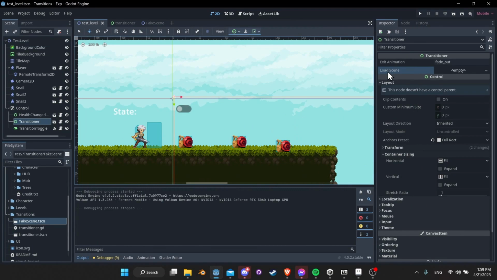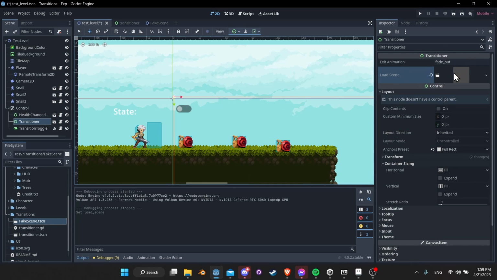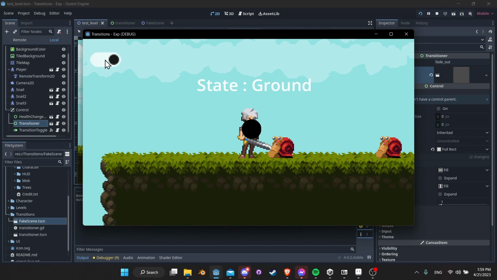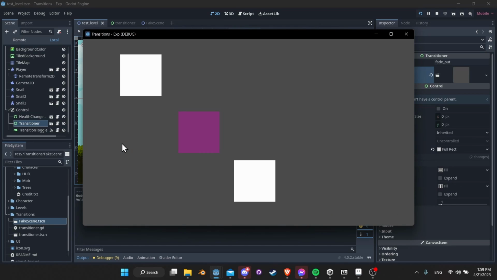I want to show you how you can set up fade out and fade in transitions for your Godot game. And as an option, you can also have a scene to load once your fade out animation is complete. So let me go ahead and set the load scene over here, and let's replay the game real quick. And this time when we fade out, you'll see that it will switch to a scene once the fade out